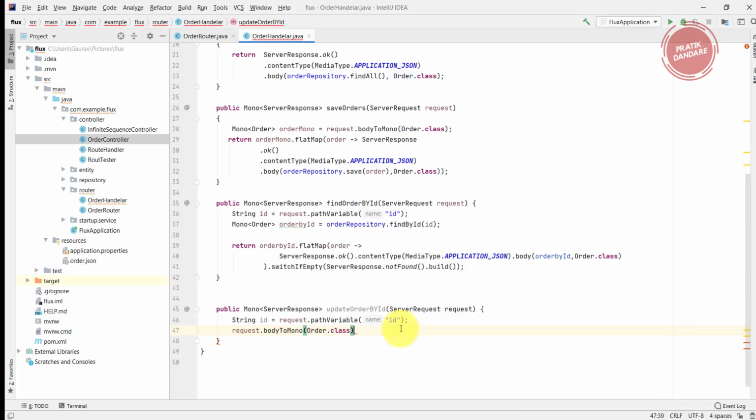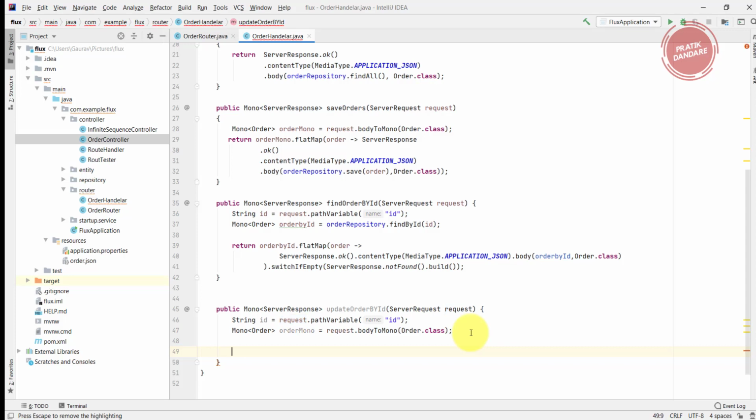In this way we get the order here. I'm going to return it in a new variable, orderMono. So now we have the id and we have the orderMono.